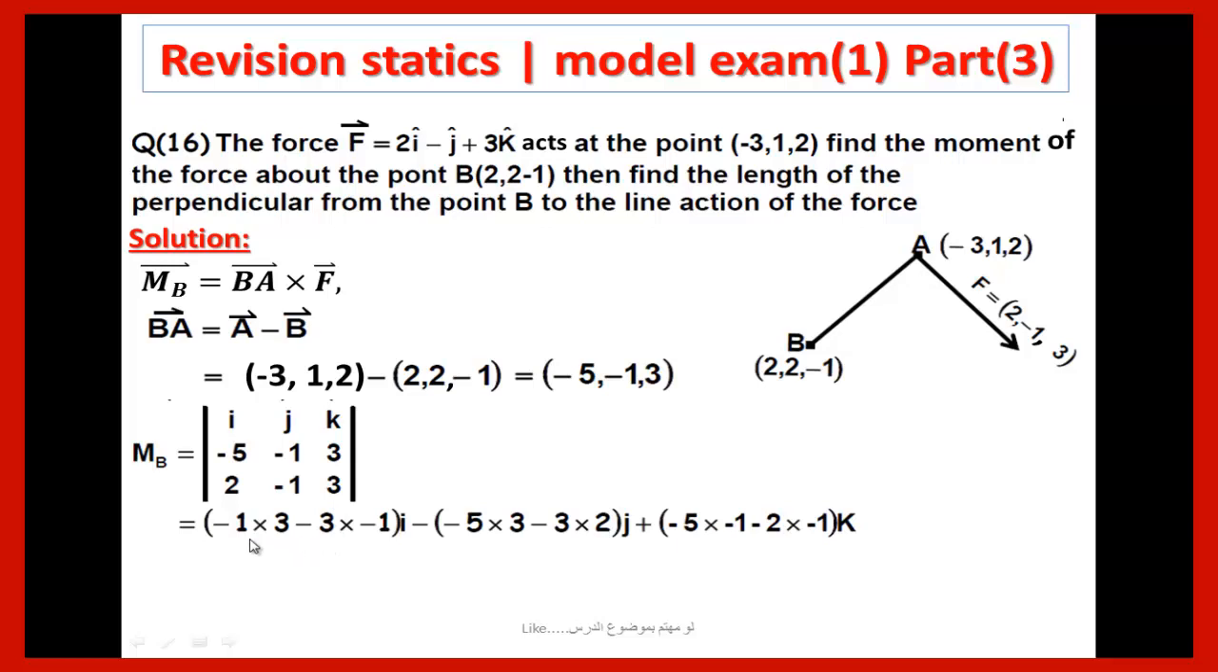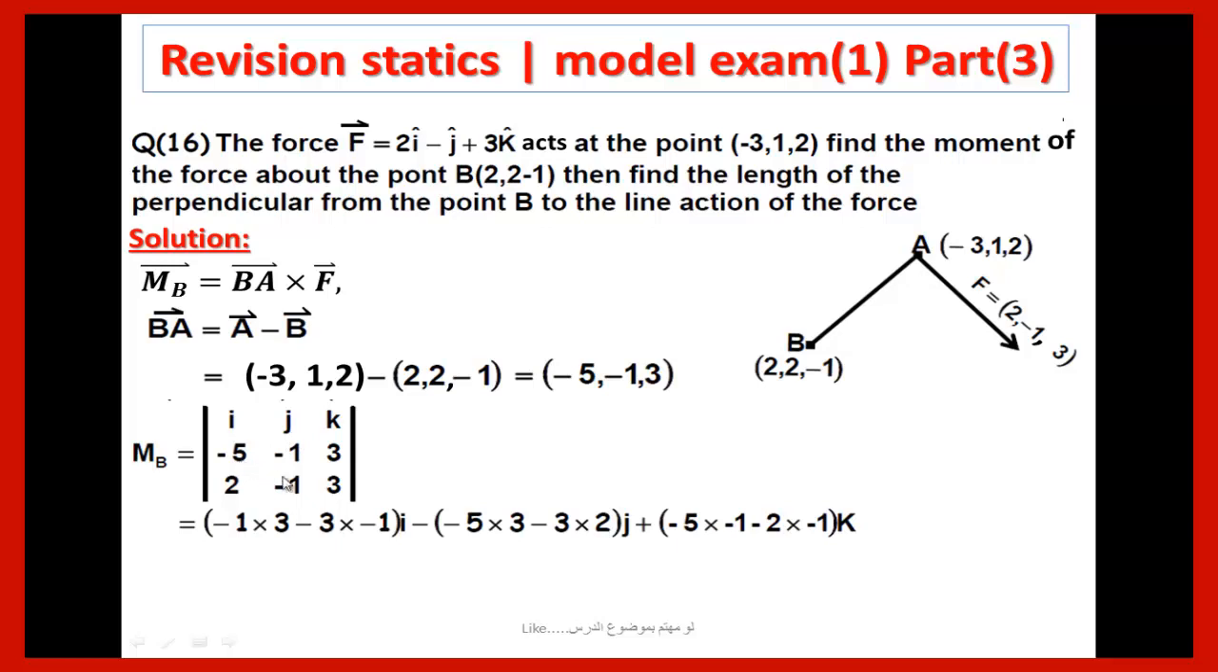Which equals -1 multiply 3 minus 3 multiply -1, i. We know that the sign of the cofactor of j is negative, so we write negative, and the value of the cofactor of j,